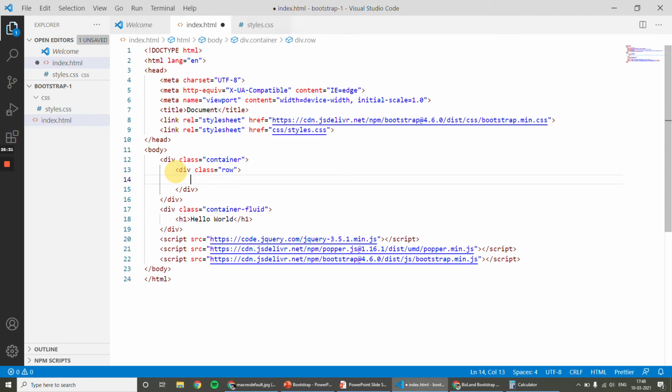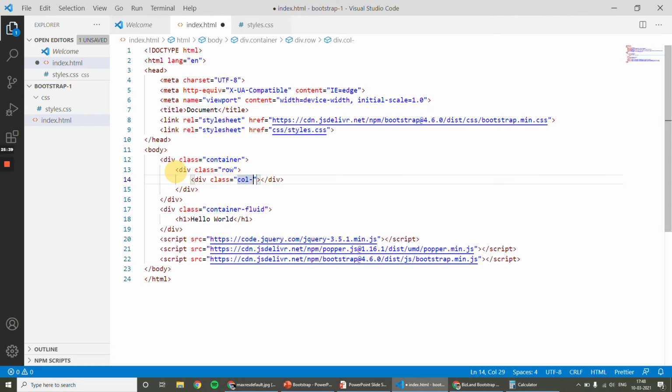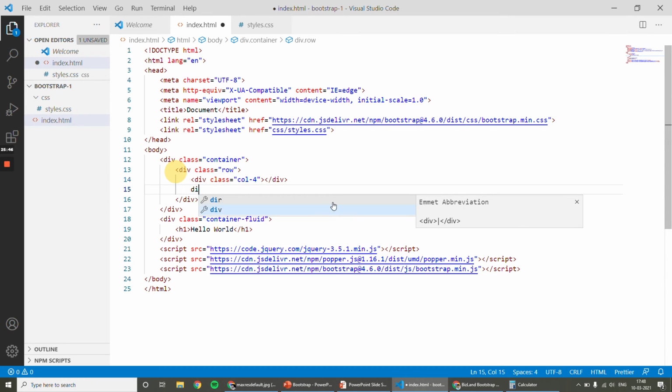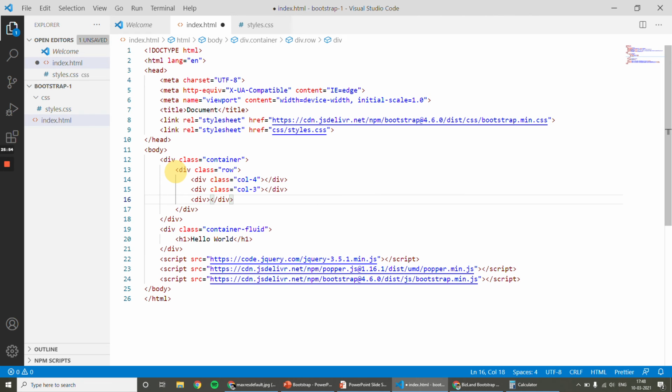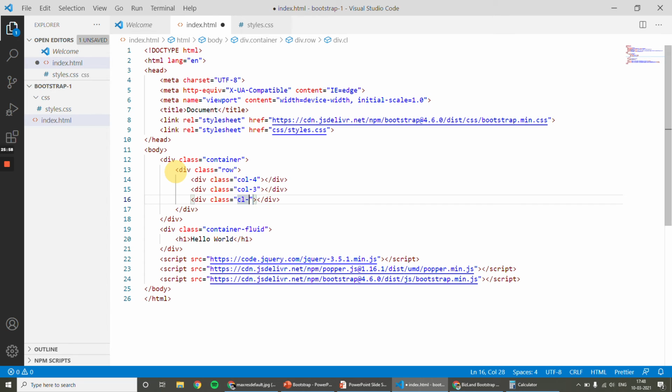Okay, row means flex container, and column means flex item, and you are applying some width for each flex item. Likewise, you have to write.